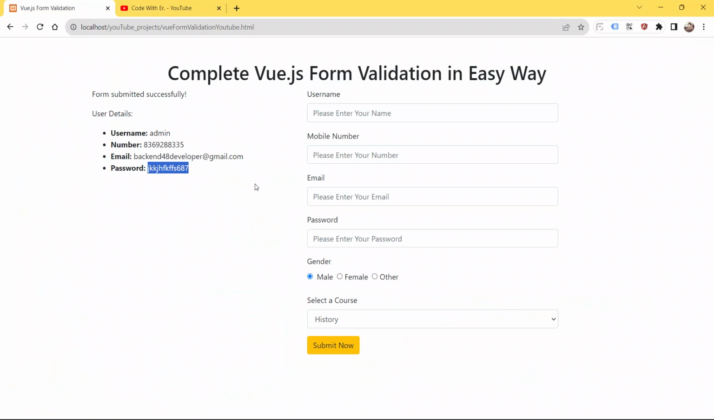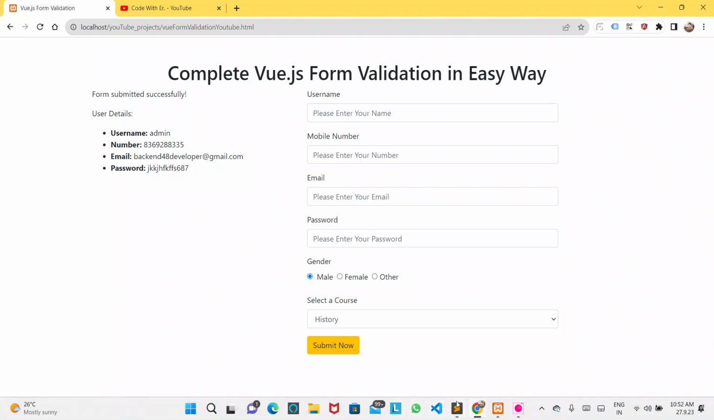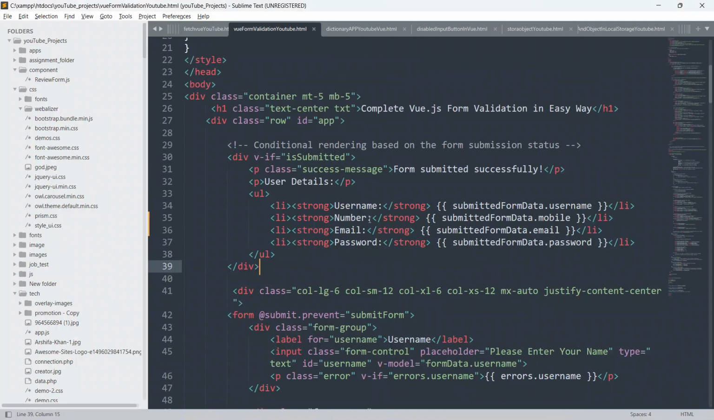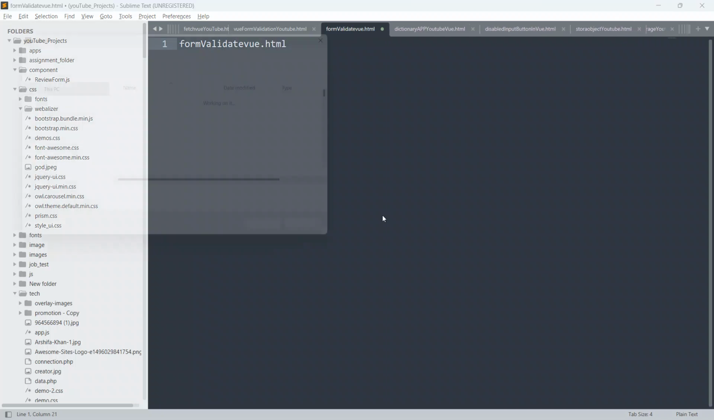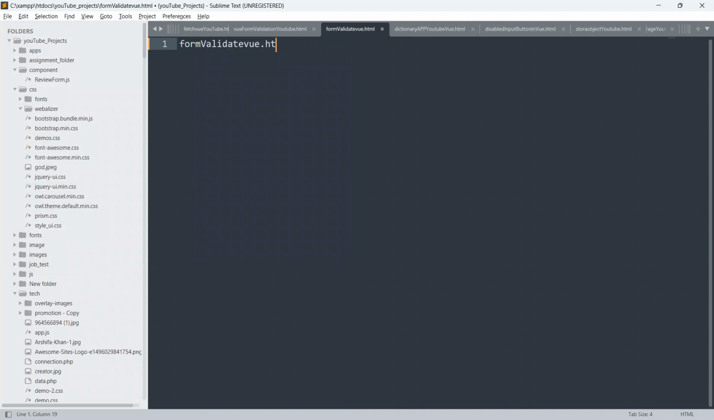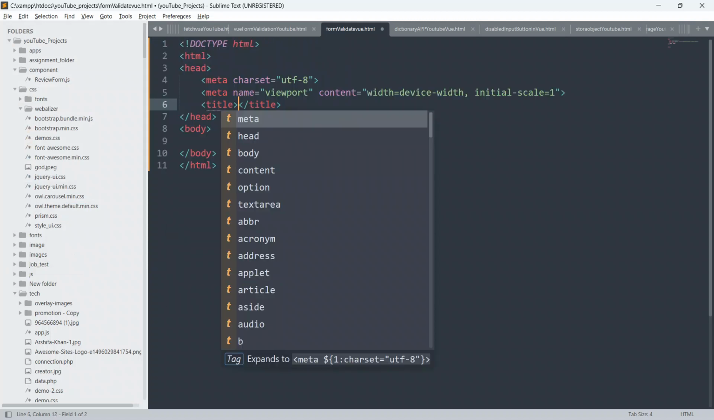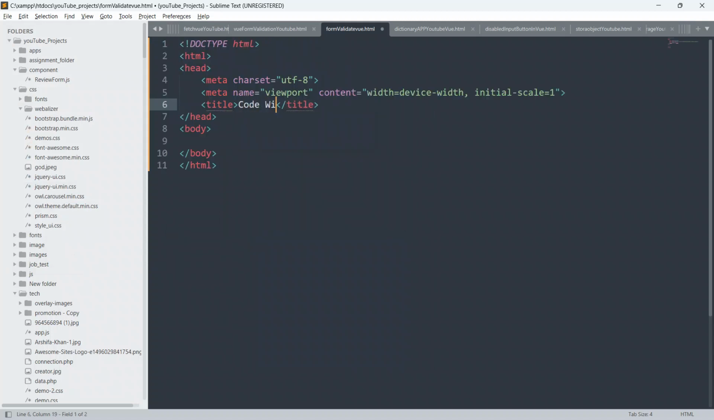So guys, now I am going to the code editor. So let me go to the code editor now. So create a new page first. So form validate Vue.html. Okay, so save the page now. So now create the HTML template. So give the title Code with ER Prabhat